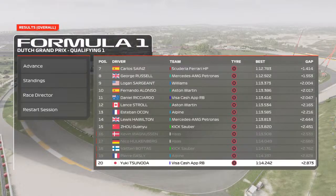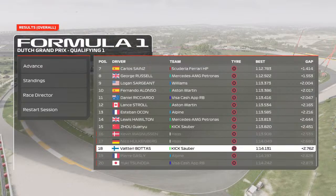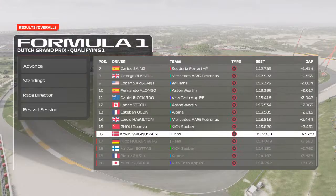So out in Q1 is Yuki Tsunoda in a Visa Cash App RB in P20, and then Pierre Gasly in an Alpine in P19. Valtteri Bottas in a Kick-Sauber in P18, Nico Hulkenberg in a Haas in P17, and Kevin Magnussen in a Haas in P16. So those are the bottom 5 in Q3. Let's head right into